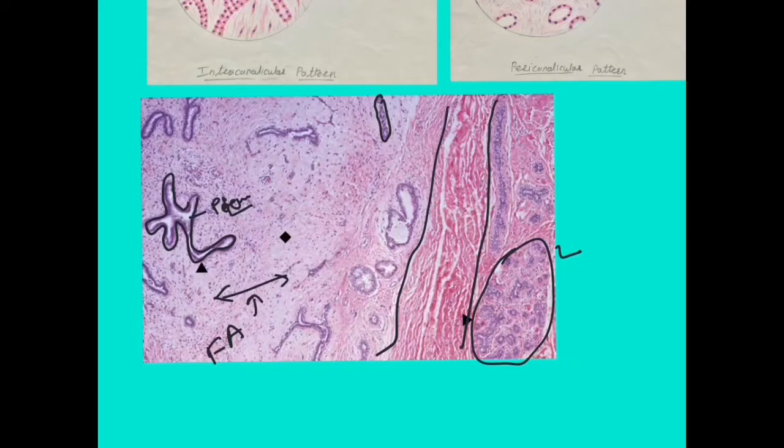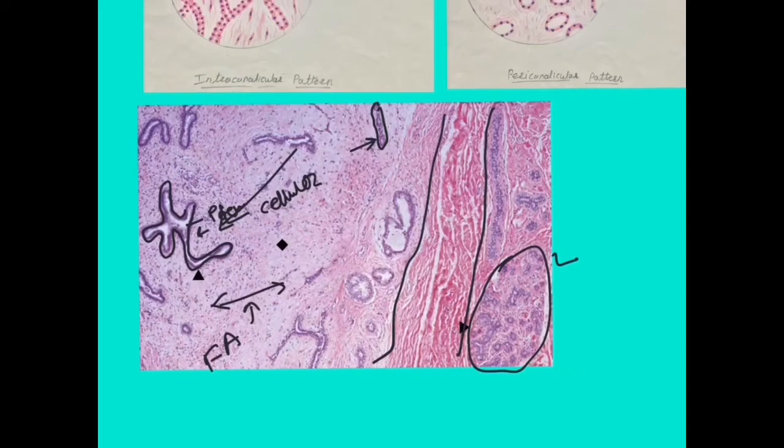So this stroma is compressing here and it is also compressing here. Between these two ducts the stroma is increased, it is called increased cellularity, compressing the acini, tubules and the glands. So there are basically two types histologically: one pattern is called the intracanalicular pattern and another is called the pericanalicular pattern. When it is compressing completely, then it is called intracanalicular, whereas when the tubules or ducts are patent, it is called the pericanalicular pattern. So these are the two histological patterns.